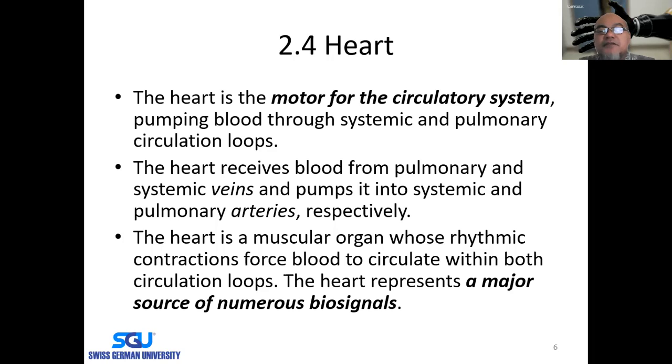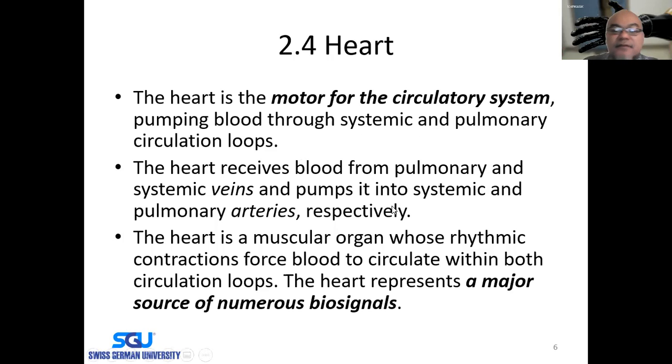The pulmonary circulation loop, on the other hand, carries the carbon dioxide-rich blood into the lung to be released back to the atmosphere and then captures fresh oxygen from the air through the lung. So the heart receives blood from the pulmonary and systemic veins and pumps it into the systemic and pulmonary arteries